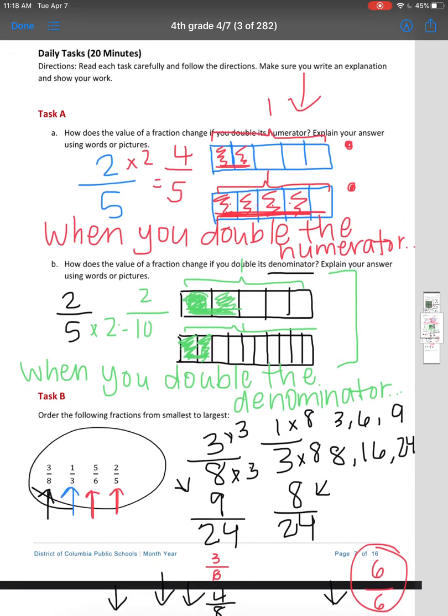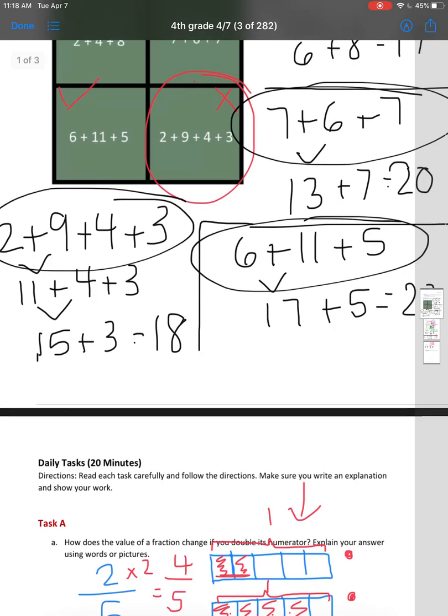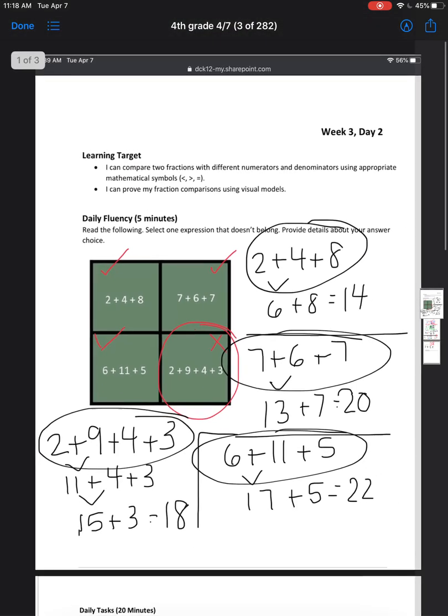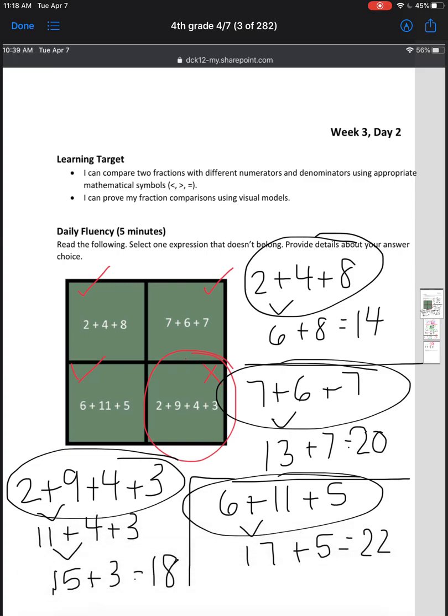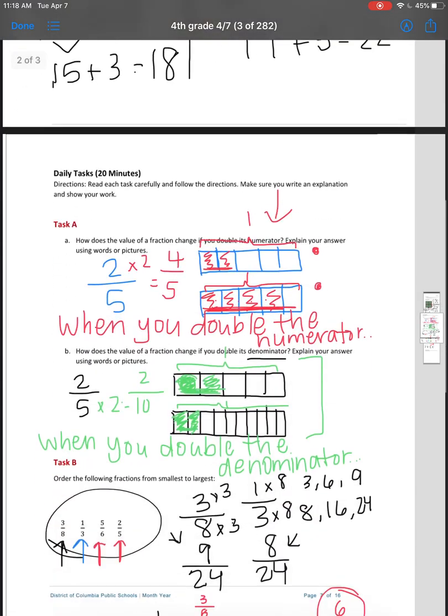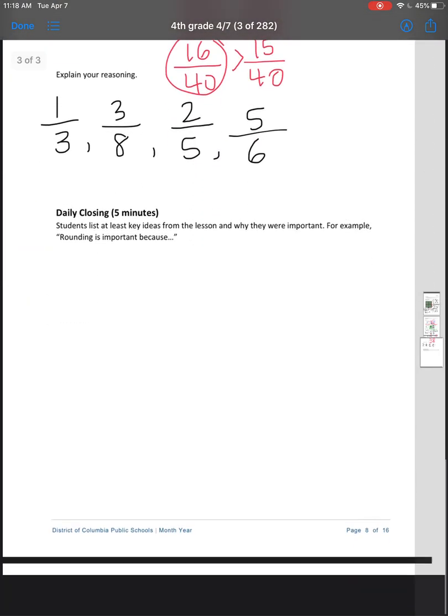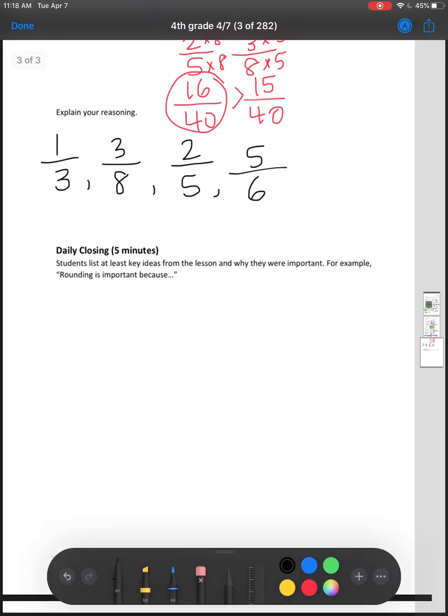So if you're going to write what you took away from this lesson, if we go back up to our learning targets, remember our learning target was that you can compare two fractions with different numerators and different denominators, and then you can prove your fraction comparisons using visual models. So to list the key ideas, whatever you write is okay, but just giving you some prompts. You could say,